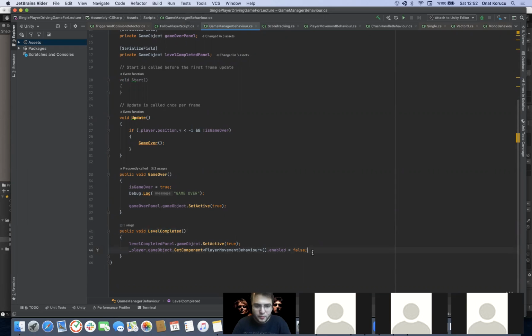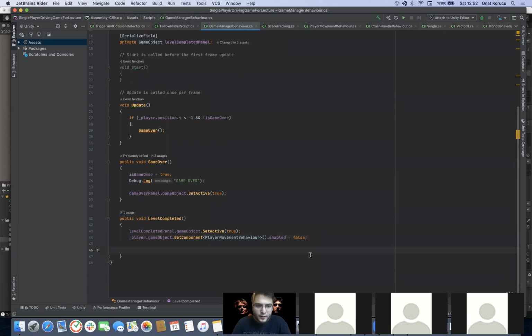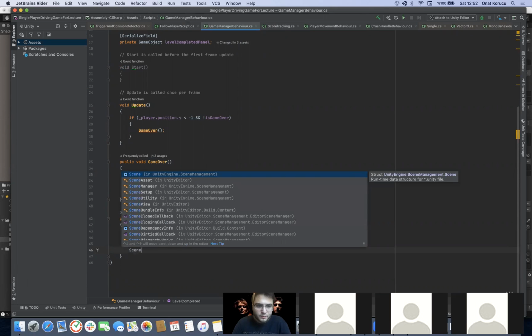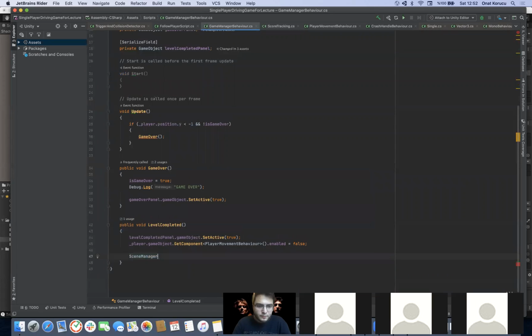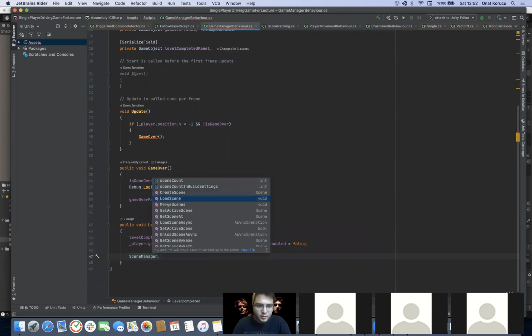So when the level completed function is called, we should go to the next level. And to do that, I need to use scene. Let me just check. Scene manager should be that. Yeah. SceneManager dot LoadScene,